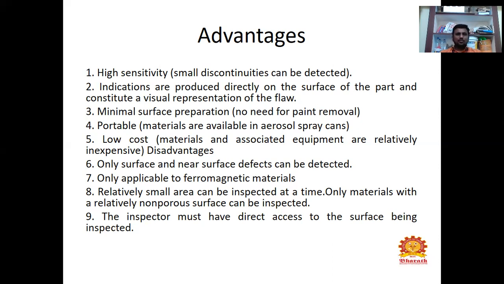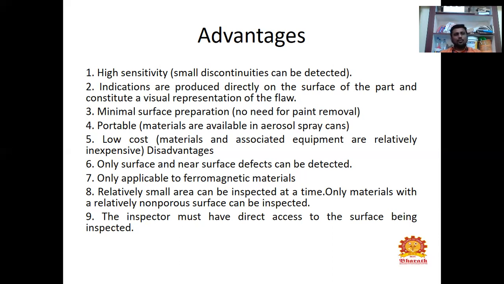Now the disadvantages. Only surface and near-surface defects can be detected, so we cannot find all defects. That is the major disadvantage of this method.